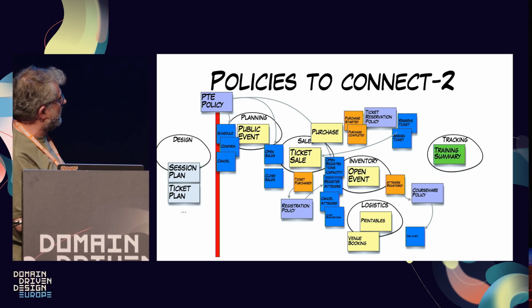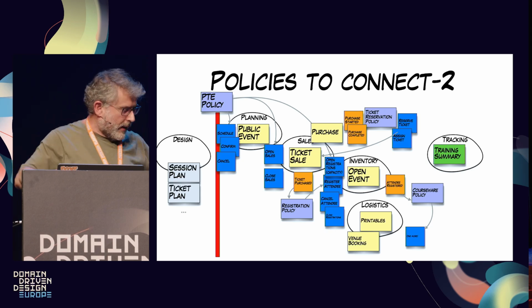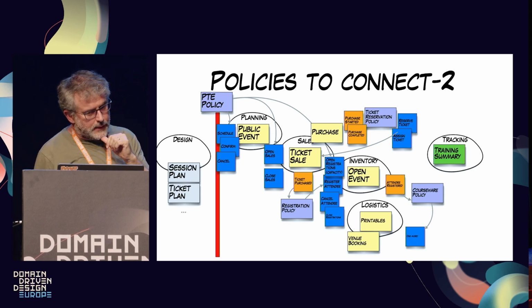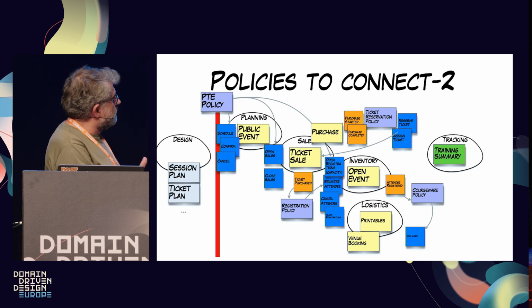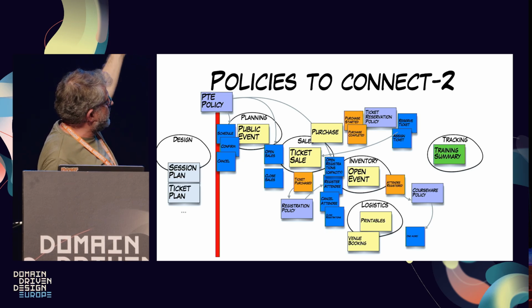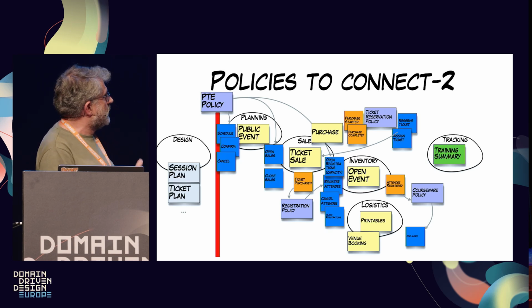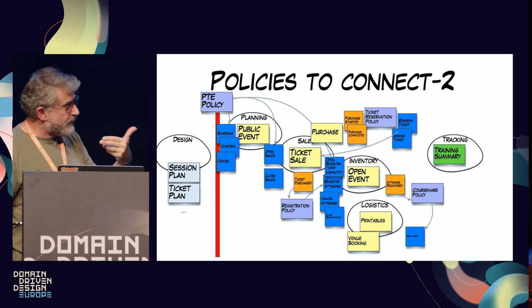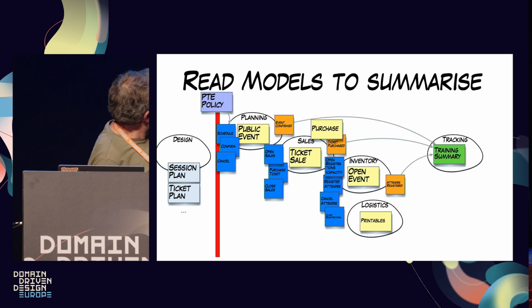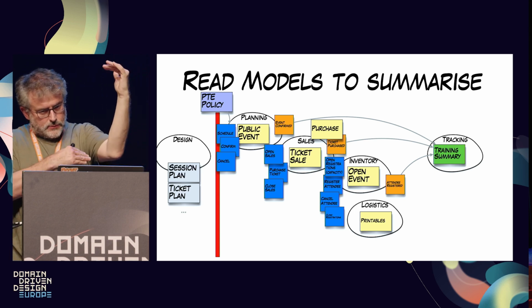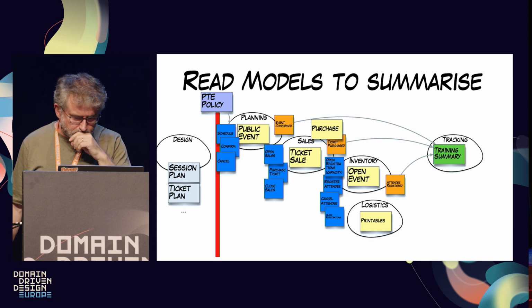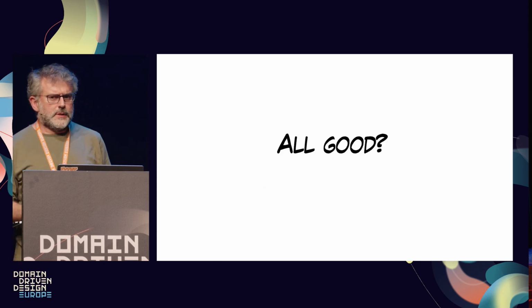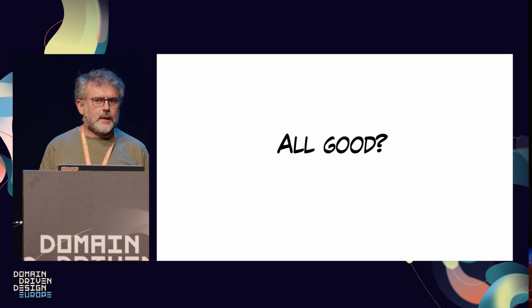There was no way to make it readable with an end-to-end, more horizontal timeline. But you see the moving parts, and you see that the policies are the glue between the actions, and sometimes there might be a little bit of hierarchy in the policies connecting them. The other part of the flow is that we have this training summary collecting information from all the areas into something which is really, really big. Is it all good in this process? It looks like a big contraption to make something relatively simple.